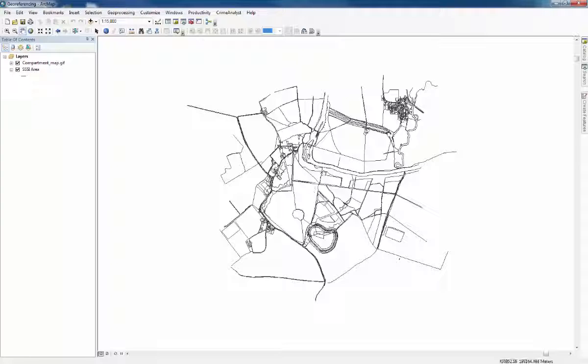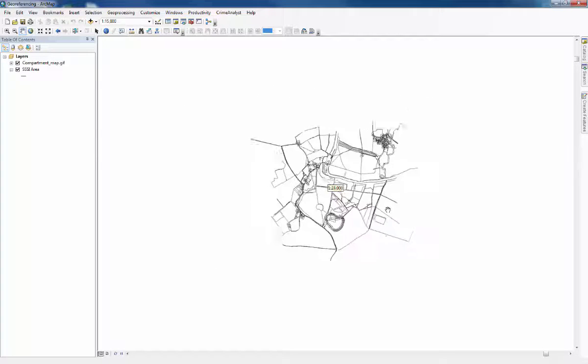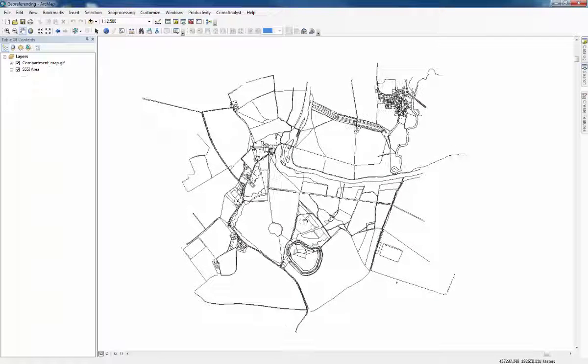This is the walkthrough video for the Introduction to Georeferencing Practical. So once you've downloaded the data and opened the MXD file, you'll see that there are just two layers to this practical. The SSI area, which is this one here, and the compartment map, which doesn't seem to be anywhere around. So to find the other layer, which is the one that we want to line up with this one,